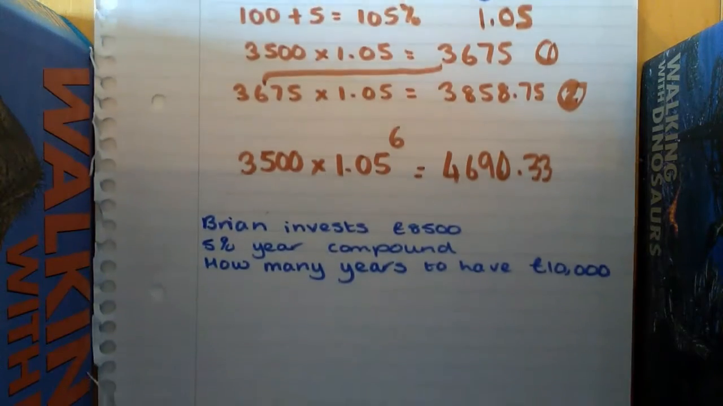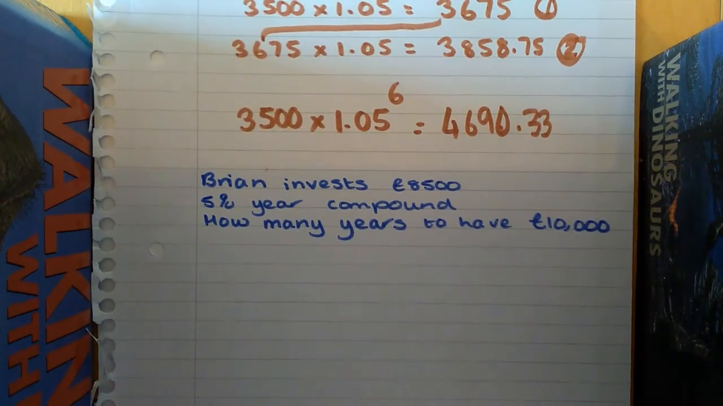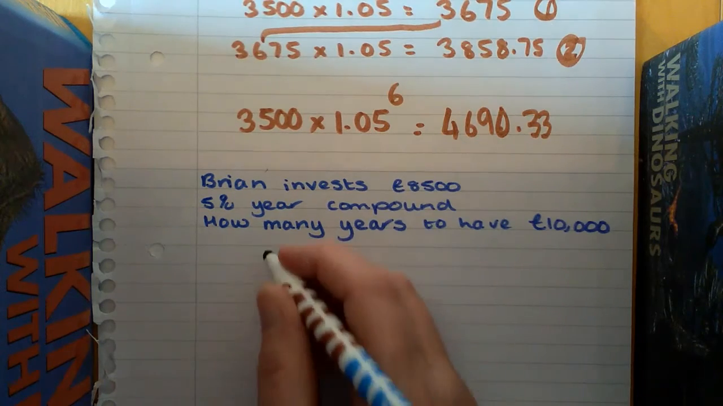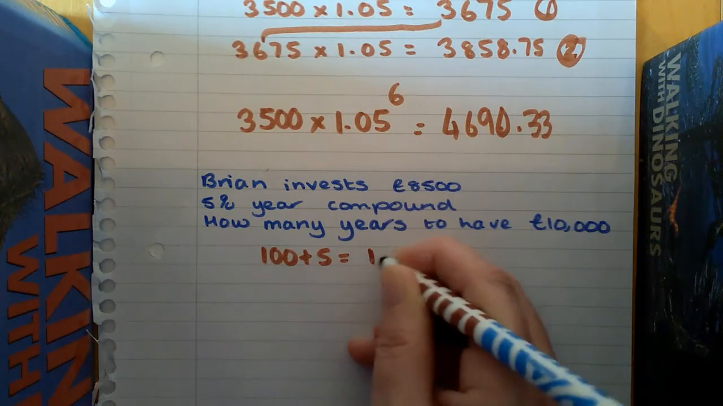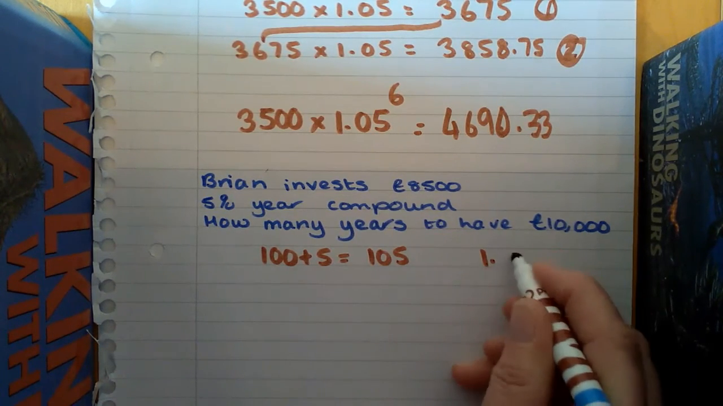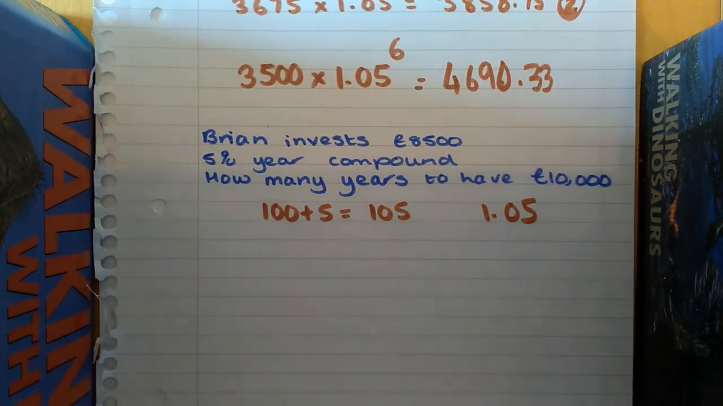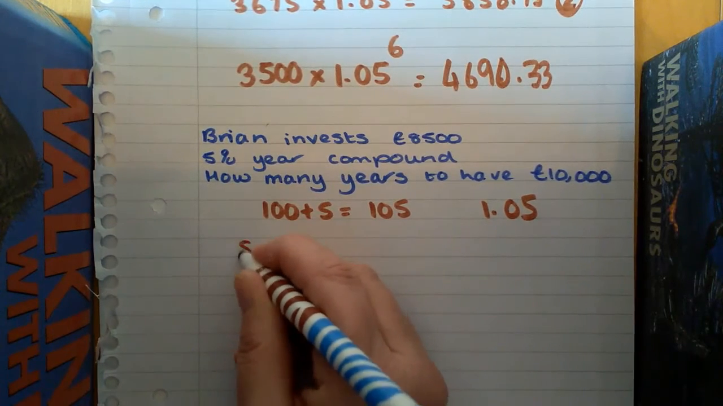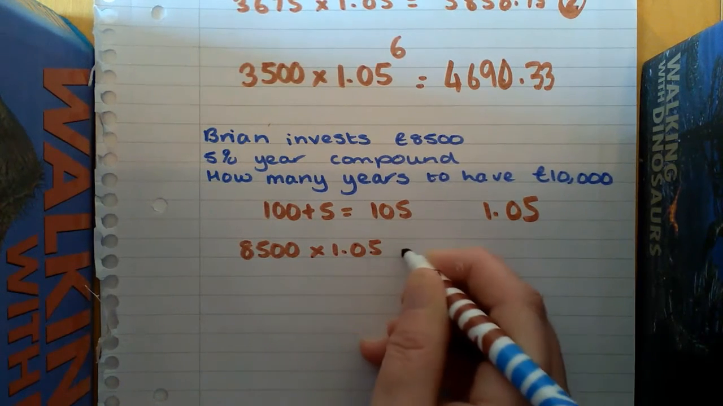The second type of question wants to know how many years it will take to have so much money in the bank. Okay, so let's look at the first bit. So the first bit is the same. My multiplier, because it's going to be 100 plus 5 is 105. So that means my multiplier is going to be 1.05 again. Okay, so I've got to figure out how long it's going to take to have £10,000 in the bank. So in my first year, I'm going to start at 8,500